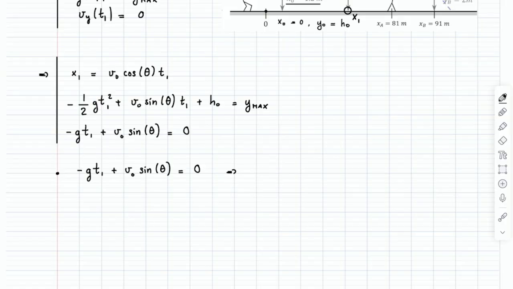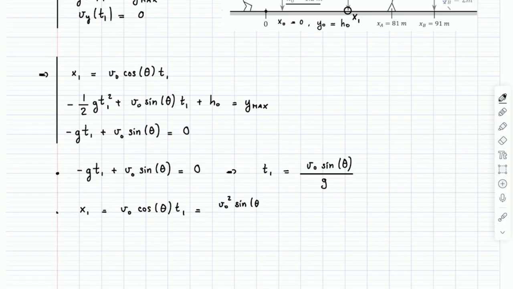We're going to find that t1, we did this before, so I'm going to go a little faster, is v0 sine theta divided by g. And I know everything, so I could compute it, but I'll just leave it like that because I don't even want to bother computing it. I'm going to say x1 is v0 cosine theta t1. That's equal to v0 squared sine theta cosine theta divided by g. And now I can plug stuff in and get the answer, right?